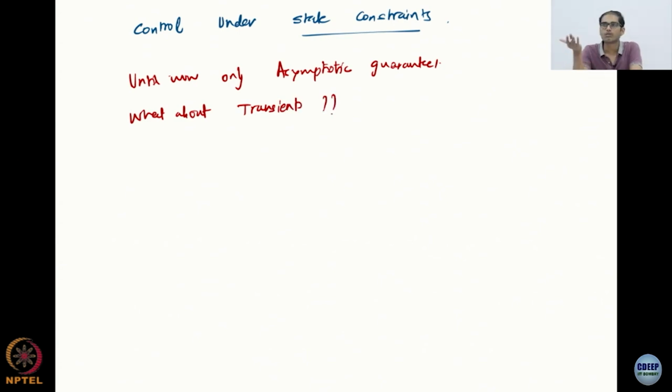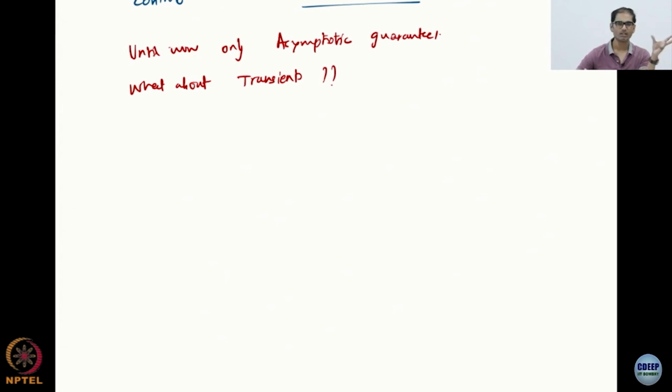Yeah. So what happens to the transients, alright. While I am converging to the good place, how bad is my trajectory? As you can see, none of the theory that we have done until now really covers this. You have to understand that, because again we are using Lyapunov based design, we've always